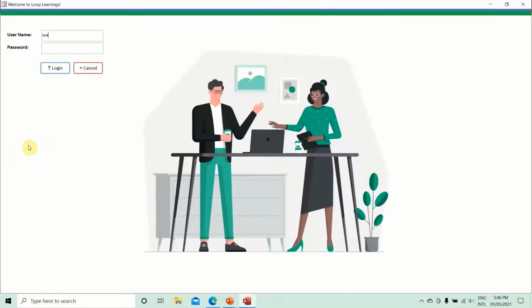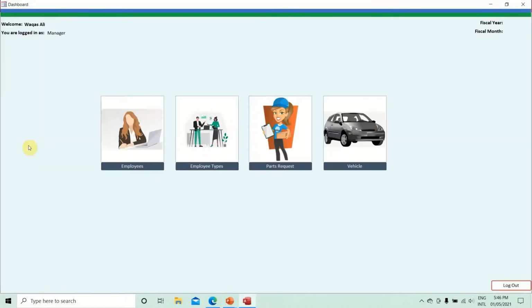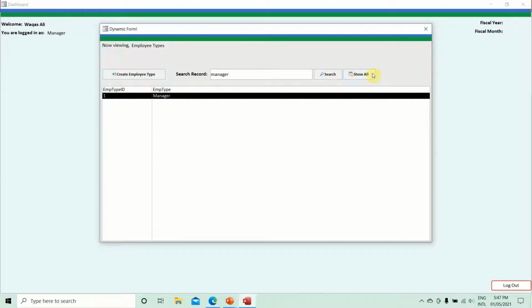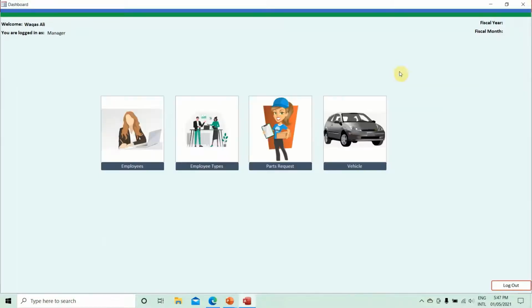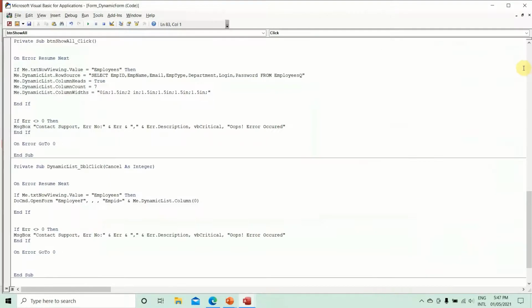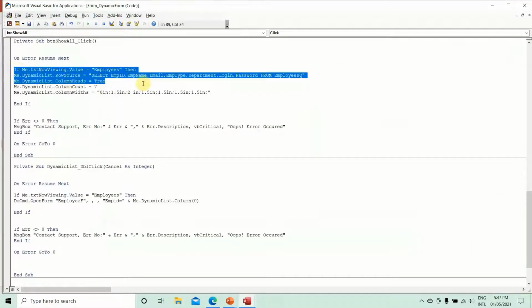Login, 456, employee types. So search for manager. Search, boom, we are getting a search result. Now I have to do the copy paste of coding behind the show all button as well. So let's go ahead with the show all, and in here we will copy this